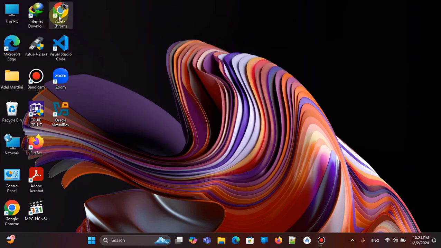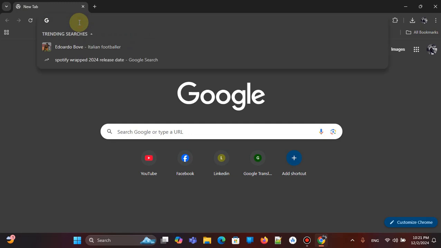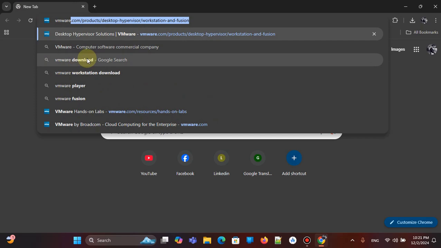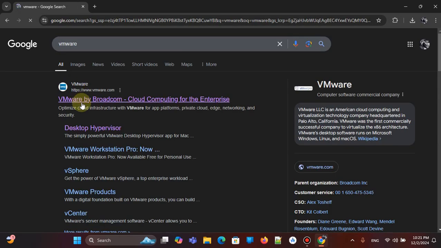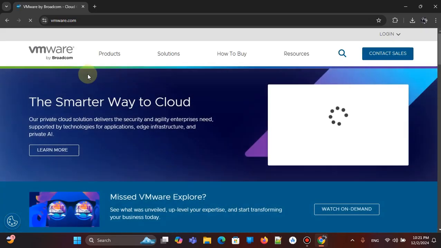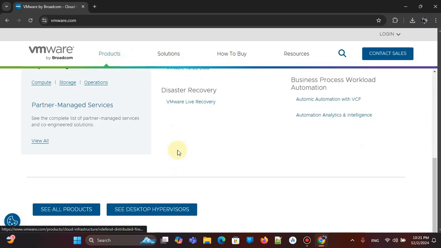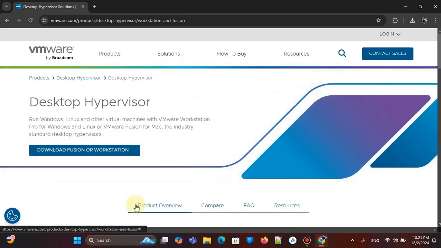Let's start the video. We will go to Google and type VMware, and we will go to the first website, the main website of VMware. Then we will go to products. We'll scroll down and see desktop hypervisors. Download Fusion or Workstation,